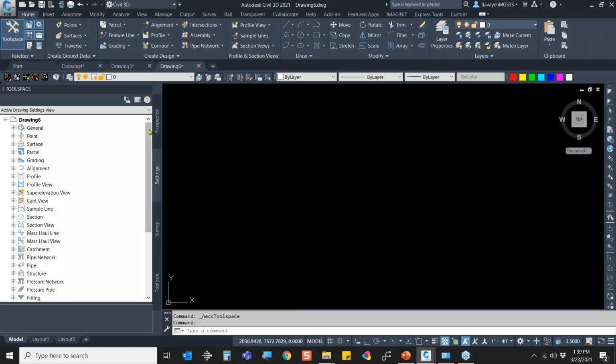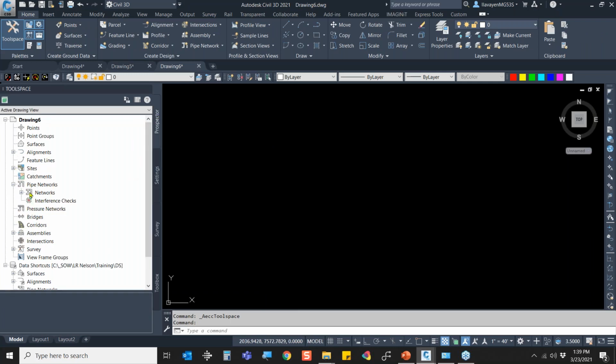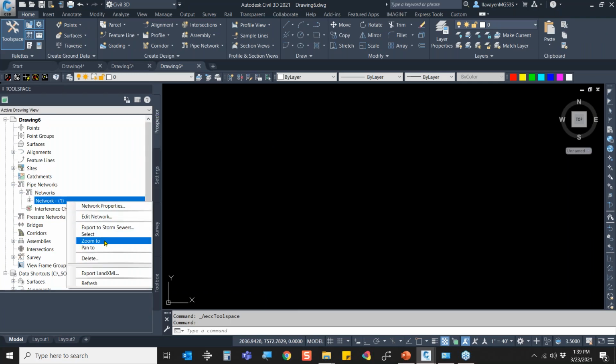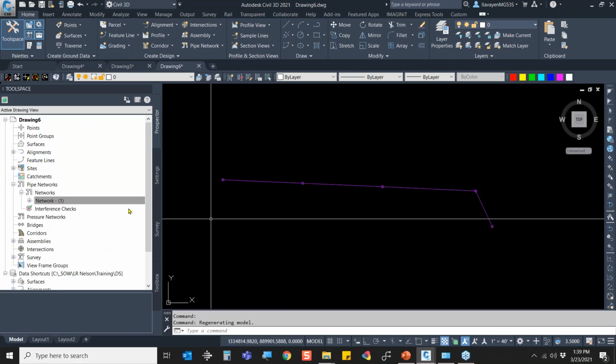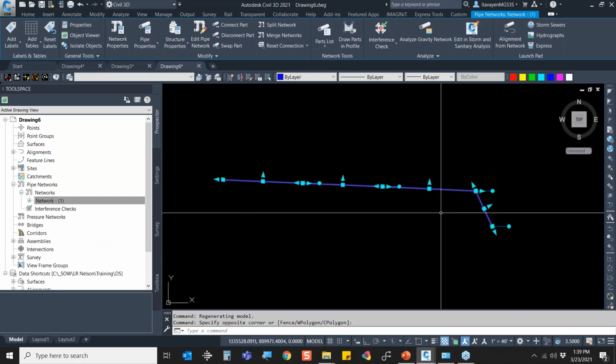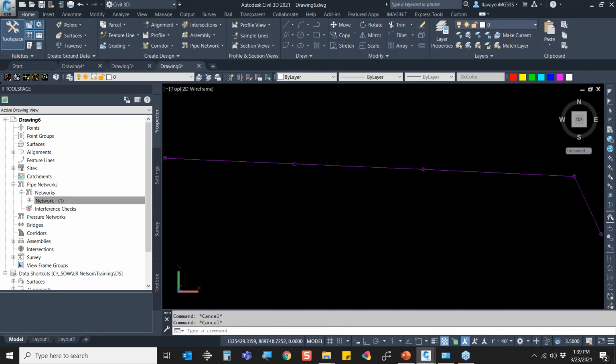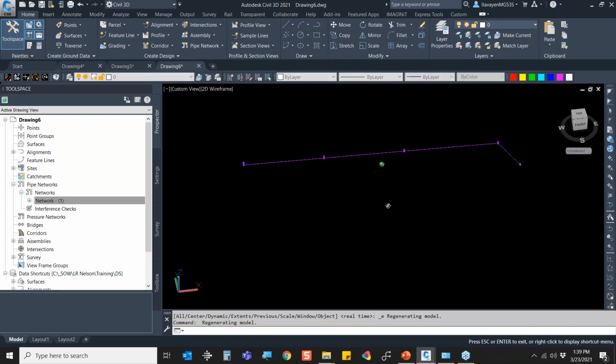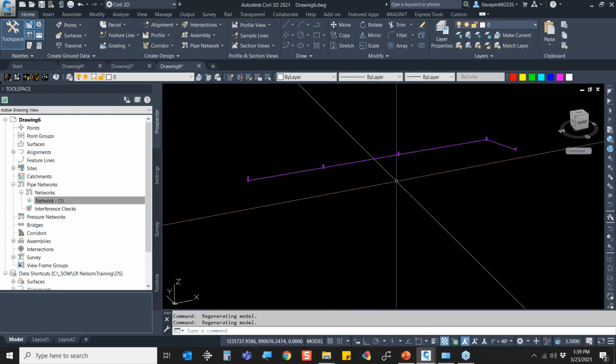Home, tool space. It should have created a pipe network for me. Sure did. Let's zoom to it. Oh, something very simple. I can take this and start orbiting it around and see what it gave me. Really short network here. If I was dealing with more a city level or down several streets, I just wanted to show you that it's not only about displaying data that came from GIS, but feeding it into